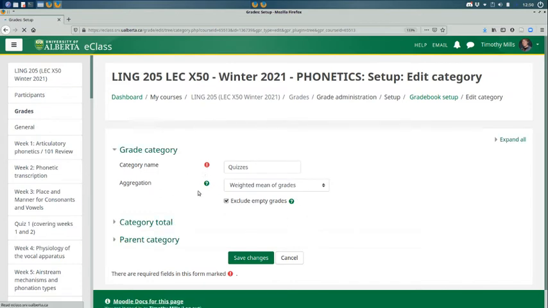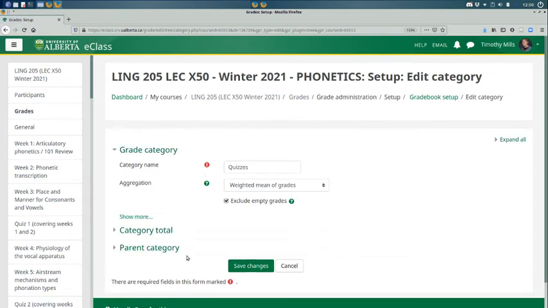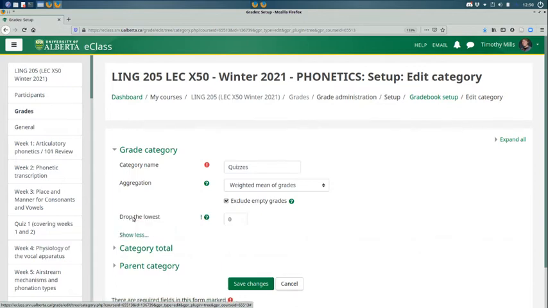And this is the same interface that you saw when we created a category in the first place. So often you'll do this as you create them. But if you're partway through the semester and you have a bunch of quizzes, you can put them in a group. It'll do all the recalculations on the fly. It won't change any of the grades of the quizzes if you do it. And once you've got that group, hit show more, drop the lowest,